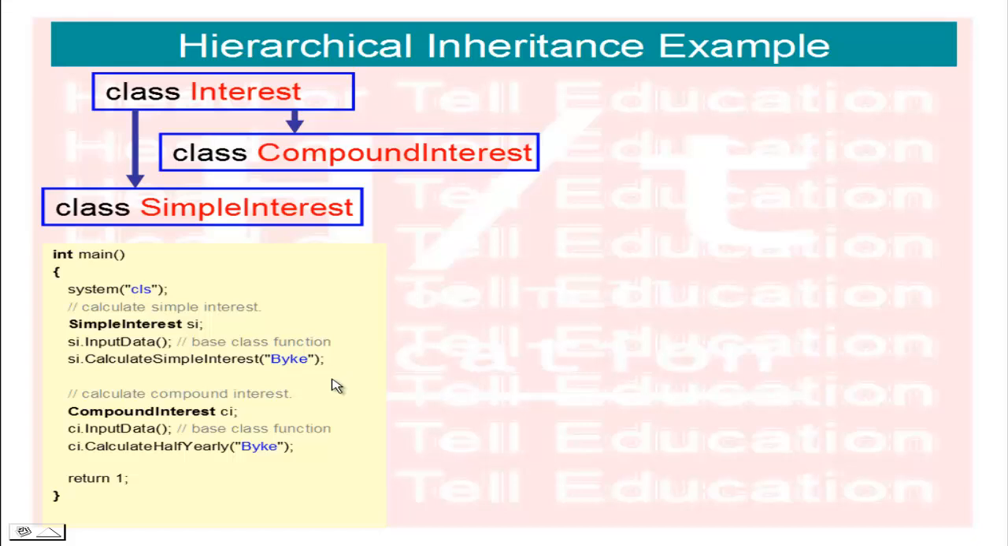Next, again I have created one more object, compound interest CI, and call CI dot input data, and call the function CI dot calculate interest half yearly. You have seen in this main function the input data of both classes uses the base class member function, and simple interest dot calculate simple interest and compound interest dot calculate half yearly compound interest use the derived class member function. So if you run this program and pass the values,